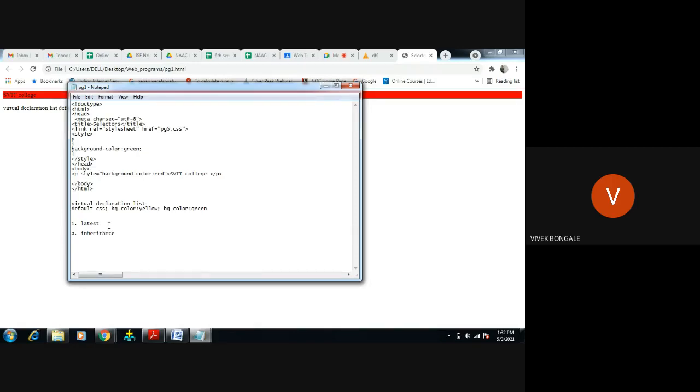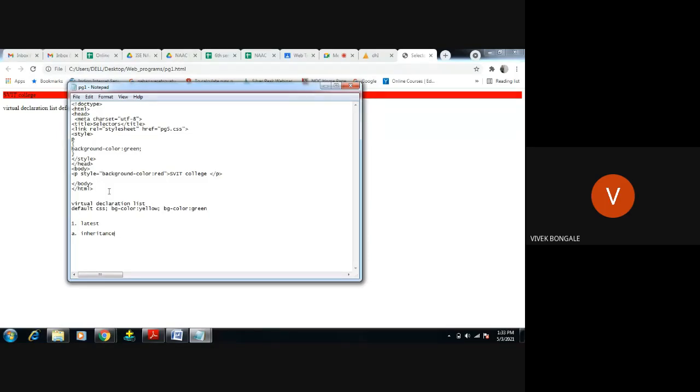Right? So nearer. Okay, it will follow the nearest one. Precedence. Okay, it will work purely based on precedence. Right? Which one is having the highest weight? It will work according to that one. Which is having the highest weight? It works according to that one. Right? So to avoid this conflict, in